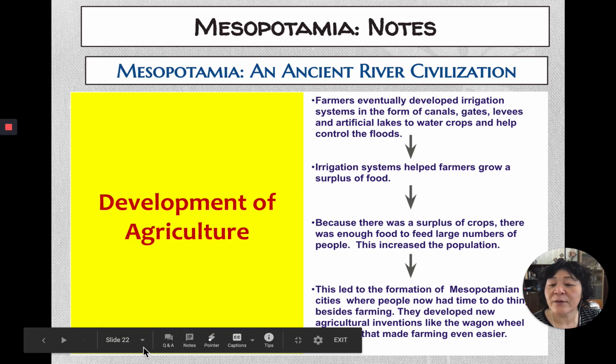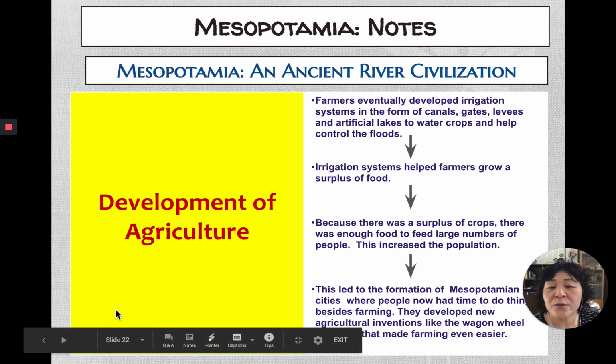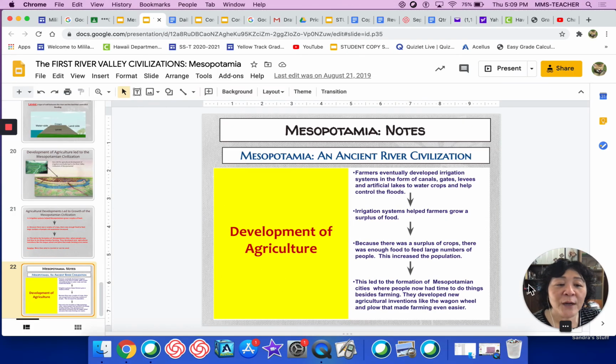Okay? So I know I went over it. If you wanted to read this by yourself, you're more than welcome to. I just wanted to go over this so that you had access to these notes and maybe some explanation. All right, so I'm going to exit this now. If you have questions, and again, you don't have an assignment for this slideshow. This is just information that you should have and you should store, because next quarter you're going to be getting information about Egypt, and you're going to have to store it in another part, and then you're going to decide,